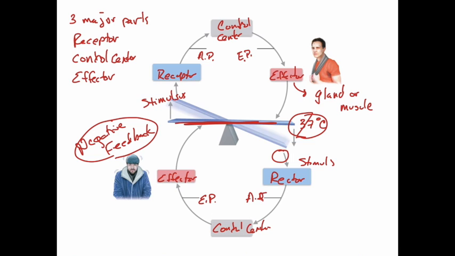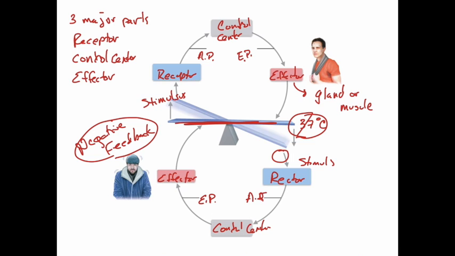Now, there is a different type of feedback mechanism known as positive feedback. Positive feedback does not maintain a set point. It always enhances the original stimulus and increases the actual stimulus, taking us further away from a set point. You'll find examples of this in the textbook, including blood clotting, the immune system, and the classic example, which is birth. In the birth example, as the head of the baby pushes on the cervix of the mom prior to